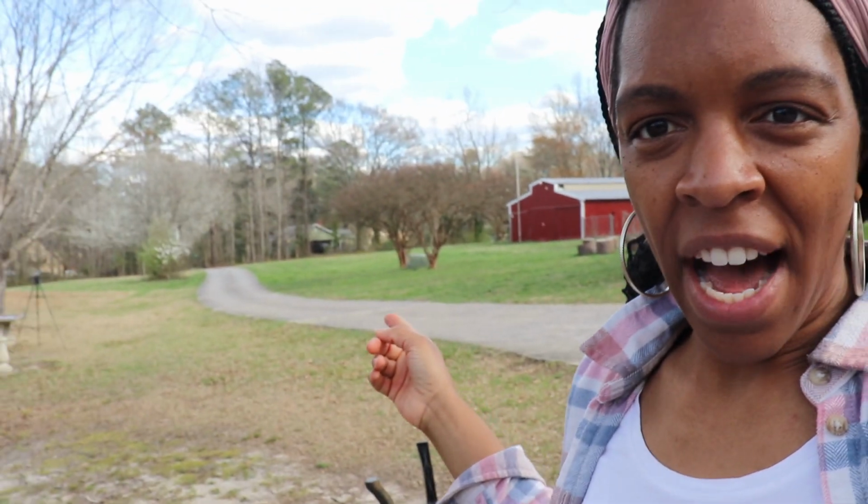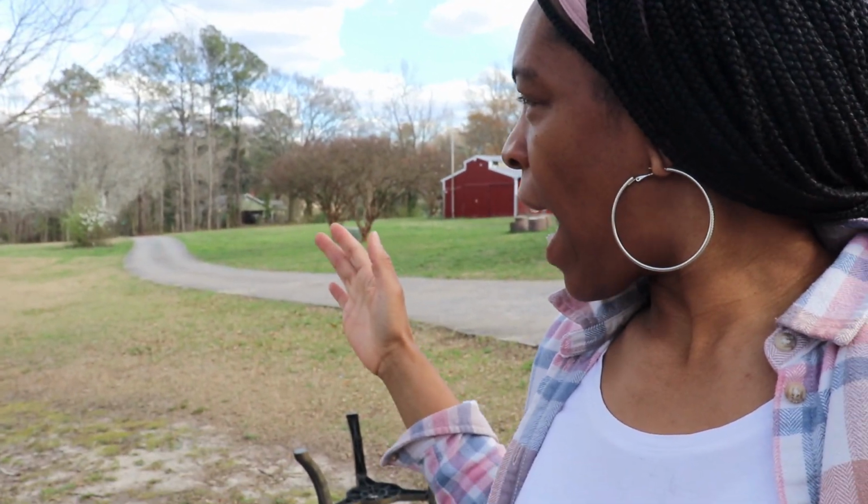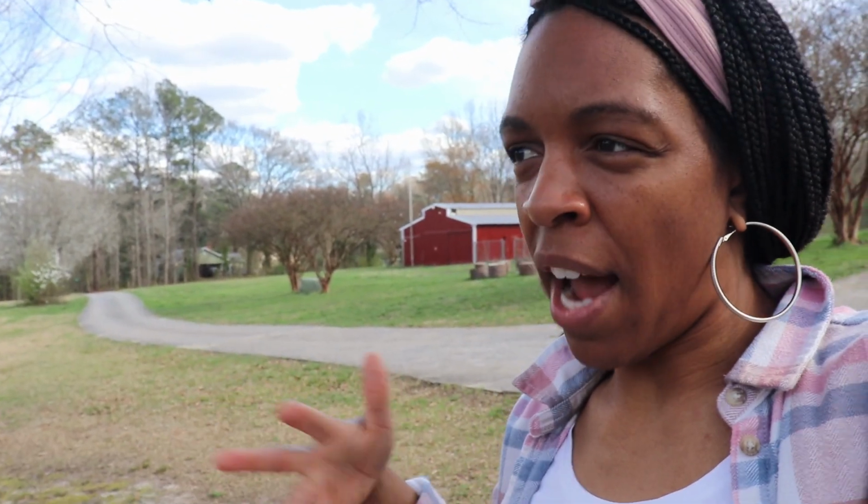They cut the tree down and then, I don't know, the stump is kind of odd, but since we're not gonna do anything about it right now, I was like, well, what if we do the Water Wise garden, which just means that the flowers don't require as much water. So I was trying to do it farther away because I won't have to worry about watering it as much,